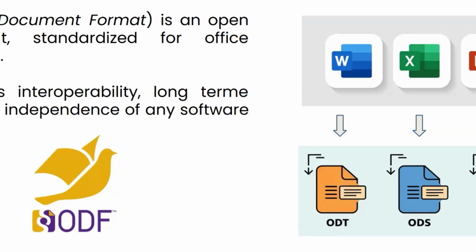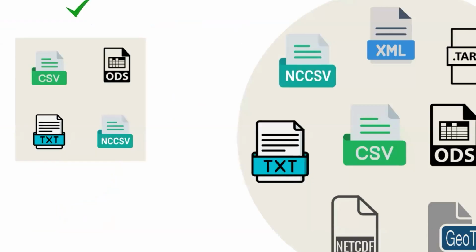So the ODF suite has different formats. ODT for Word, ODS for Excel, and ODP for PowerPoint. And there are also other formats that are more open than, for example, Excel files. So in this case, you have CSV, like I said, ODS, but also text and NCCSV. And those are among many other types of open formats for different